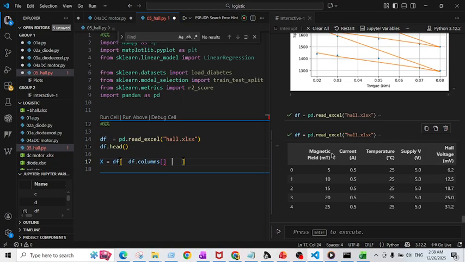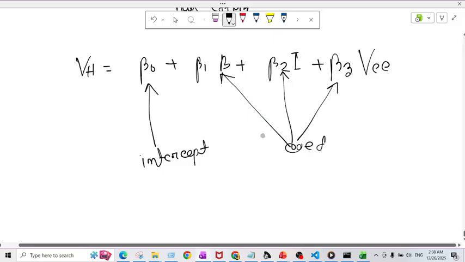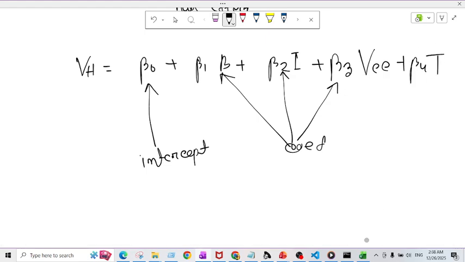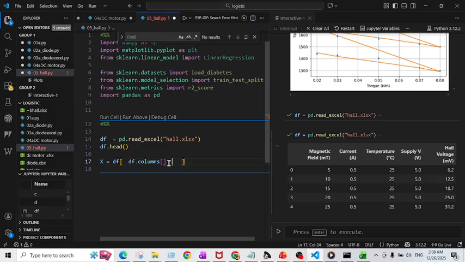Oh, I have 4. Sorry, I have actually 4. I also have temperature. So 4 coefficients. So what I will do, from 0 to supply voltage, 1 2 3 4, these 4 columns of data will be inside